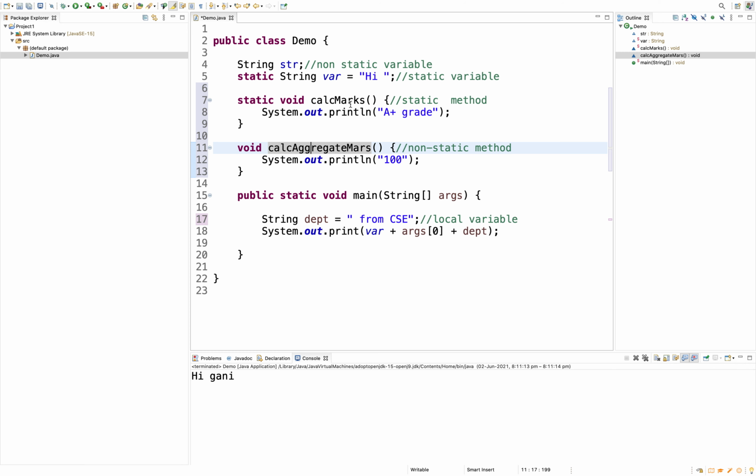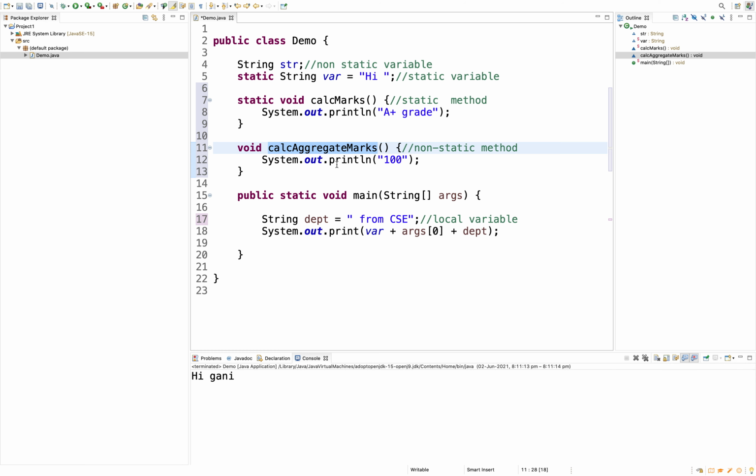Basically this method is printing the grade, and this method is printing the aggregate marks. I'm keeping the methods very simple just for understanding purposes, so that you get introduced to static and non-static methods and variables.